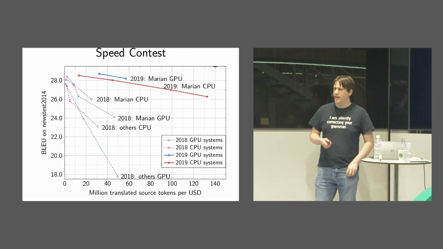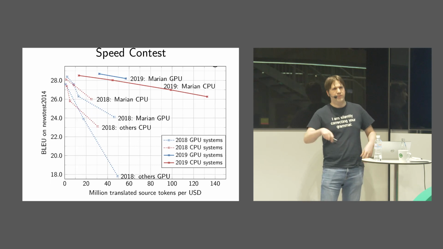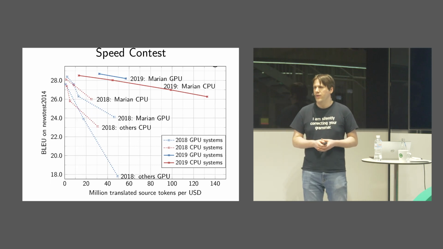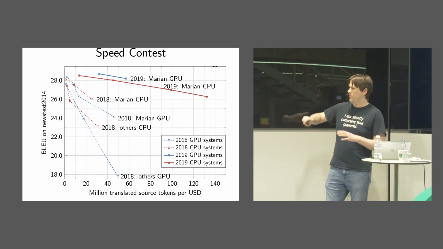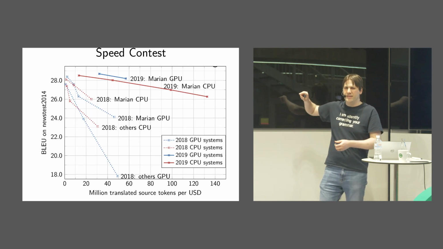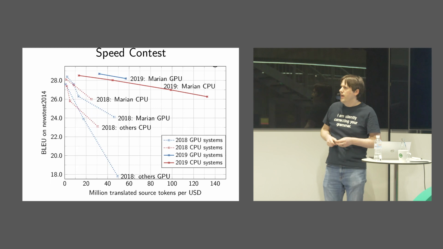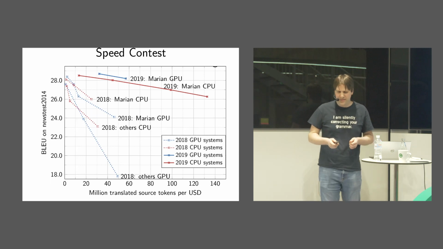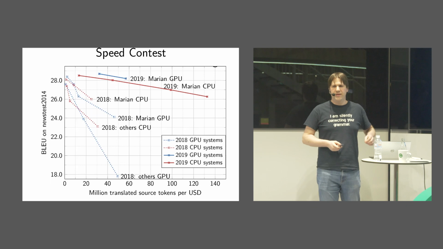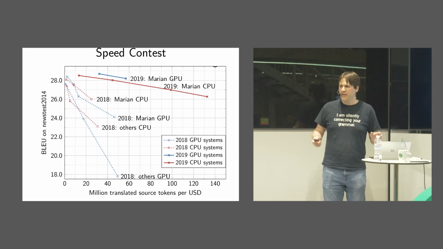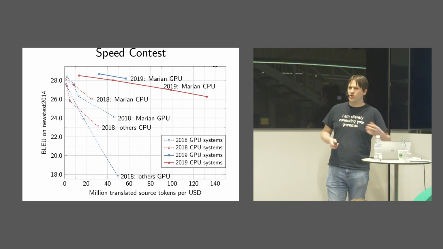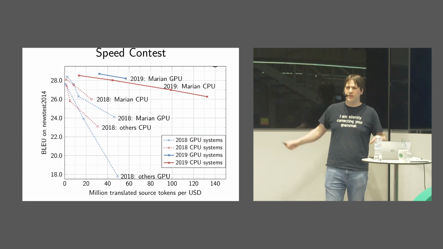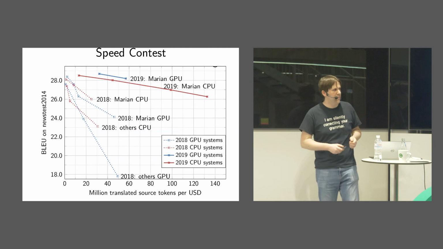And there's this speed contest run by the Workshop on Neural Generation and Translation. Along with Microsoft, we participated in that. And you can see this weird graph here. So on the y-axis is quality, higher is better. And then on the x-axis is how many million words can you translate for $1 on Amazon, based on the prices that AWS charges for a GPU and a CPU. That's just a heuristic we're using to put CPU and GPU on the same plot, really. It's just the scaling factor.